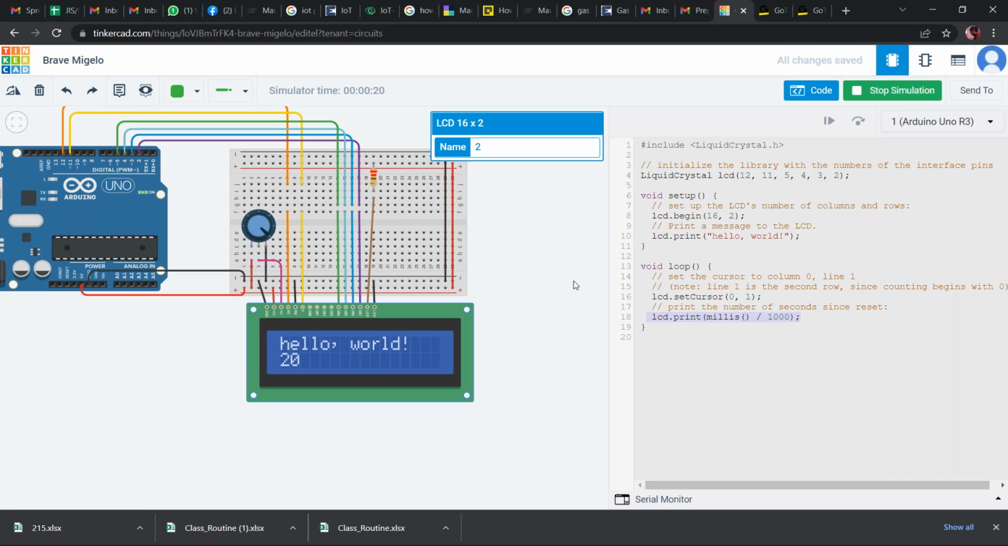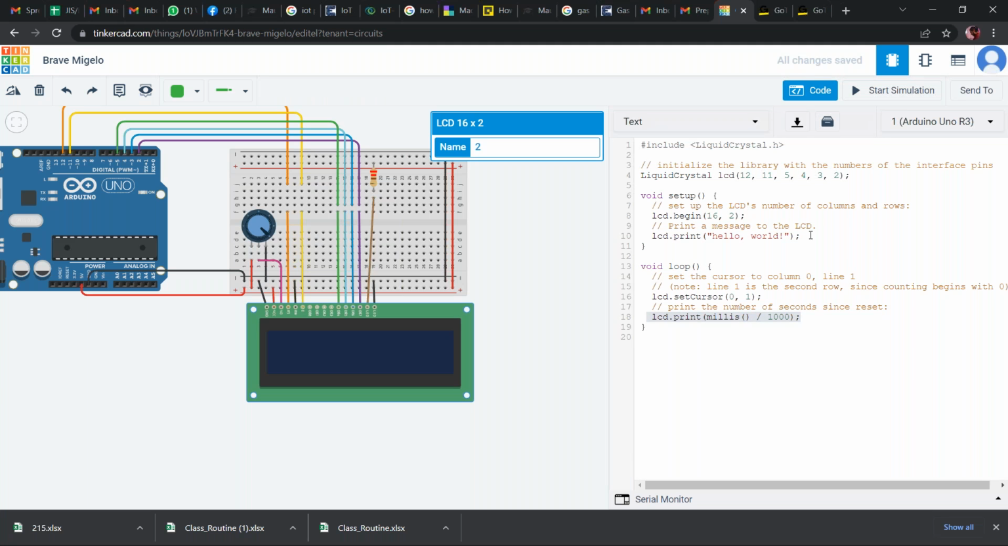This is the program, and lcd.print. If you don't want to set any cursor, then it will start from 0, 0 by default. If you write it down like this,